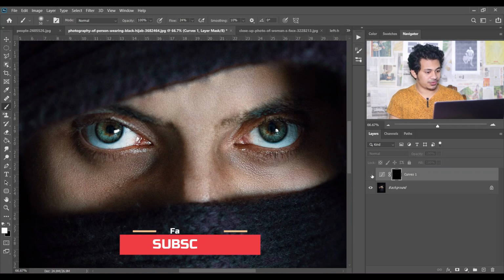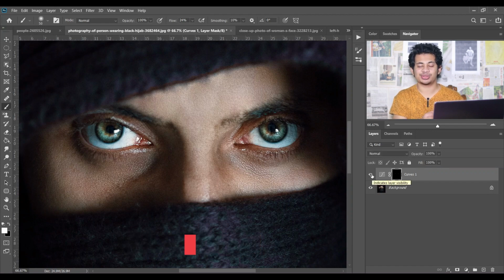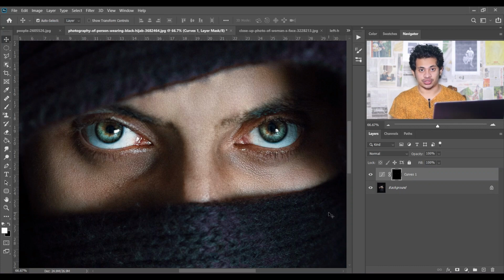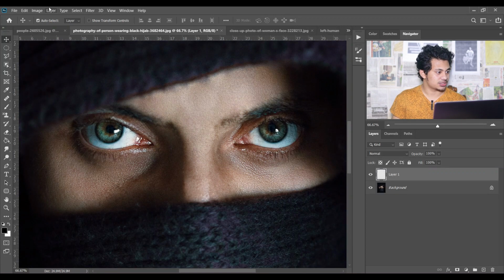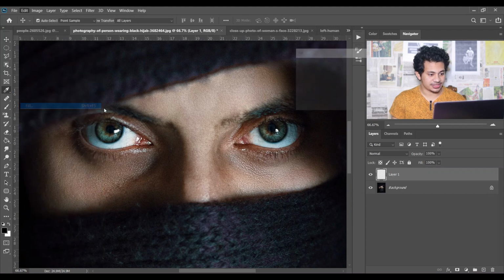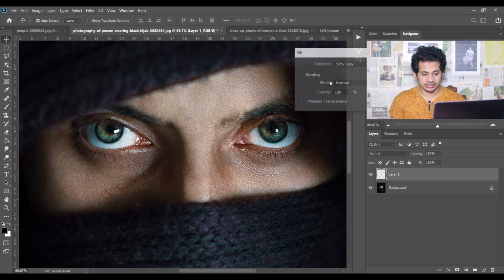Look at this before and after. It takes just a few seconds to create this kind of effect. It's really easy. Now I will talk about the fourth technique. So delete the before one and create a new layer and just fill it with the 50% gray color again,